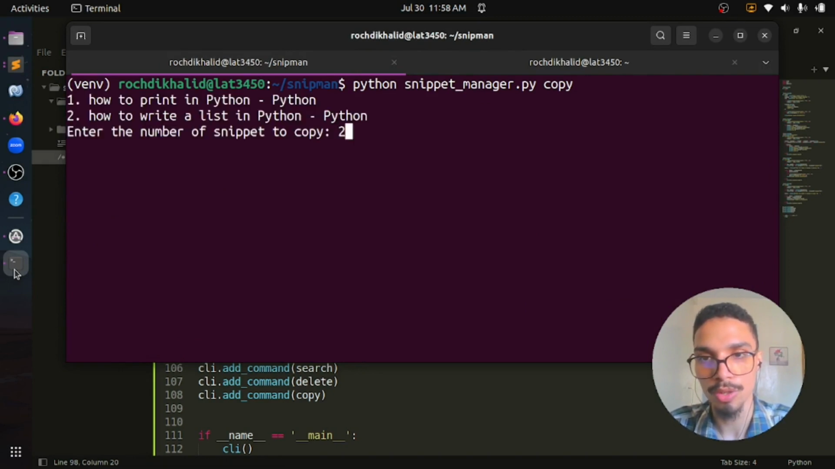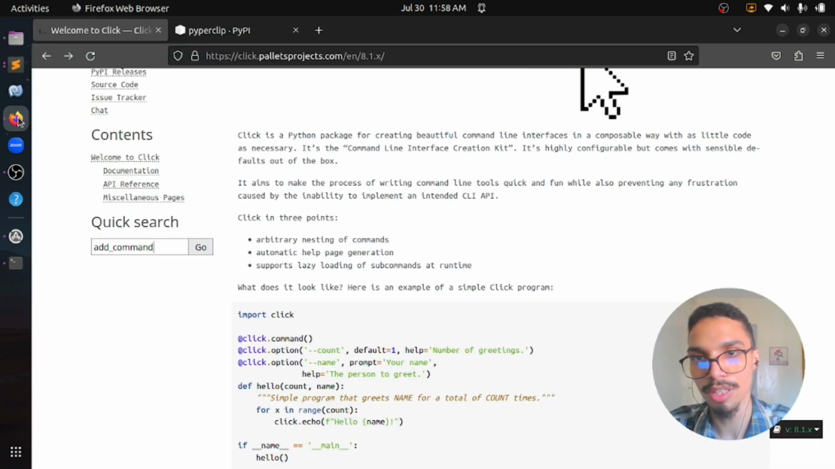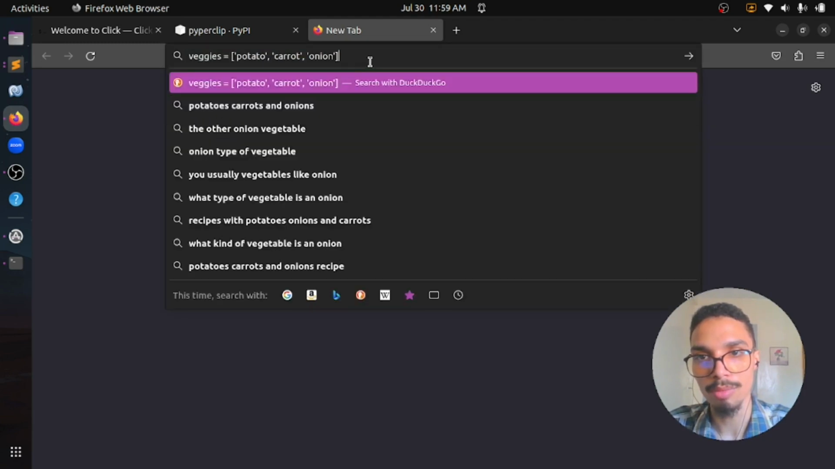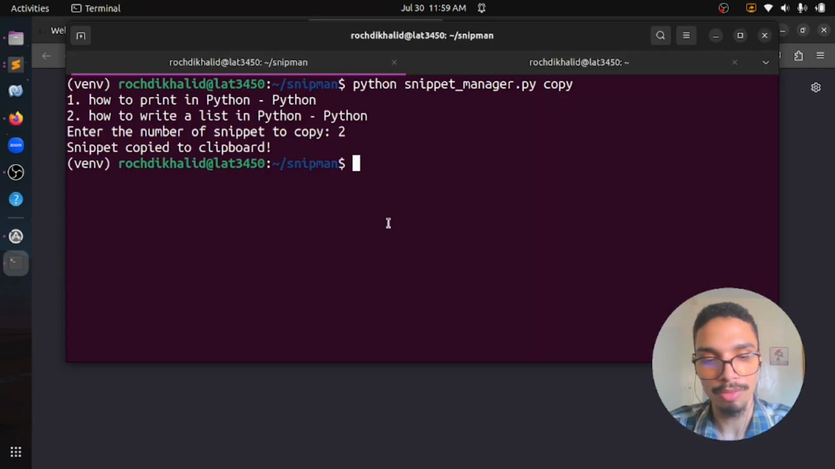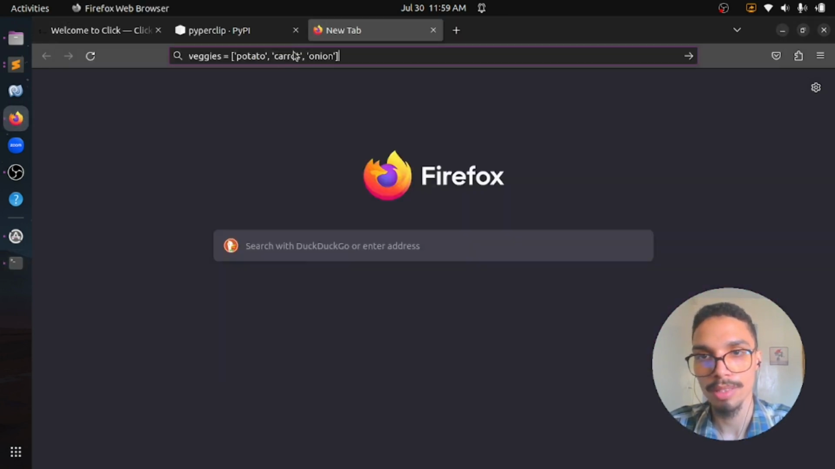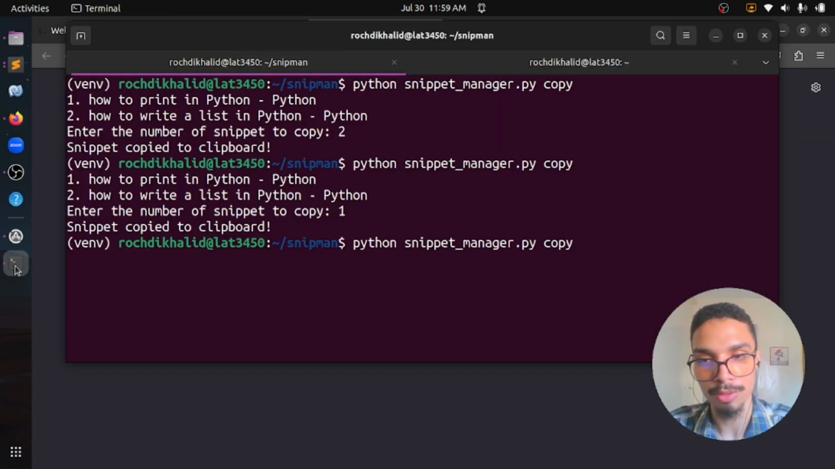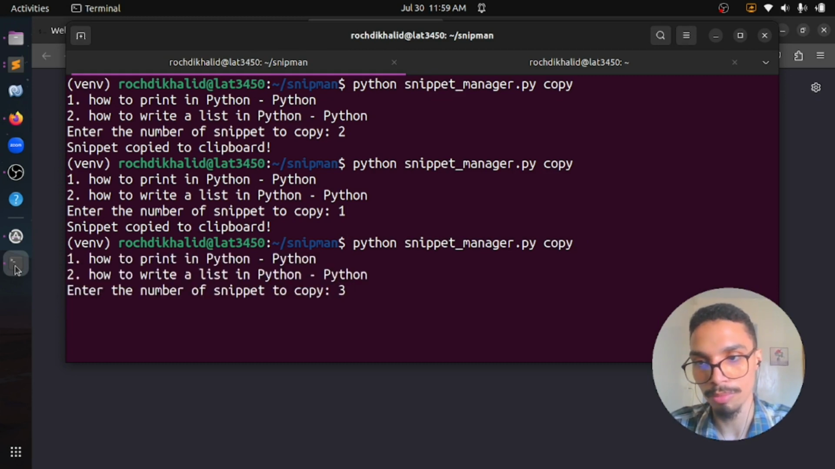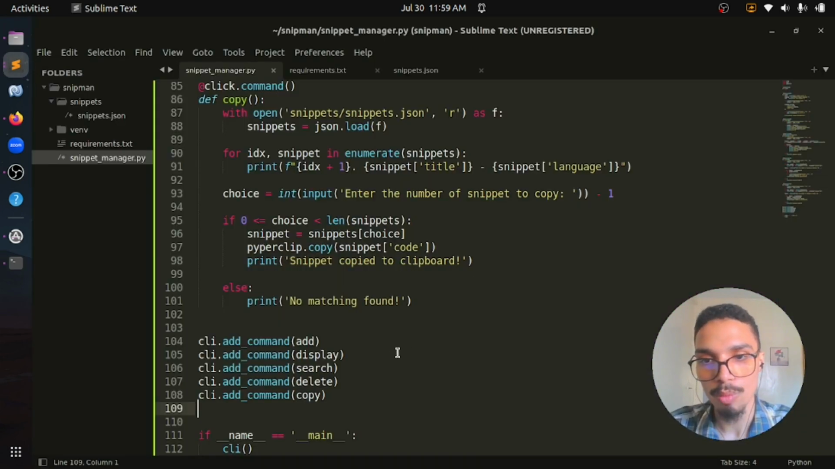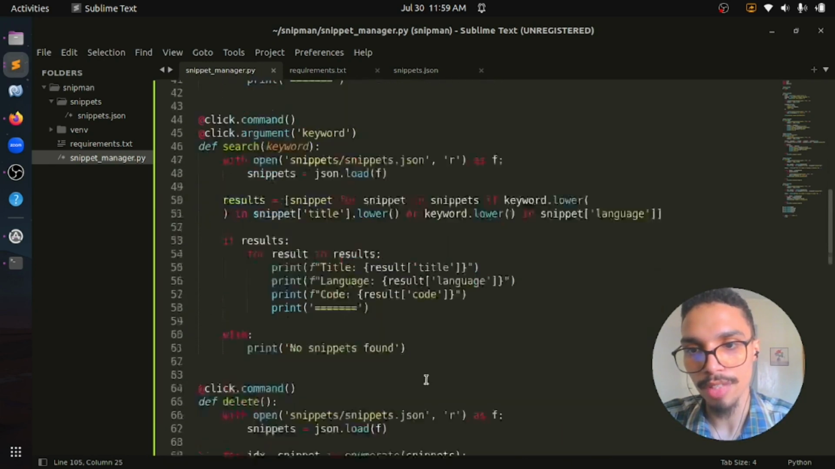Copy 2. Nice. So let's see if it is copied successfully really. Let's go here and do Control V. It works. Awesome. So if I do the same command and choose 1, let's see now, that works. And if I choose something out of the index, it should print a message that says no matching found. Awesome. That works as expected,